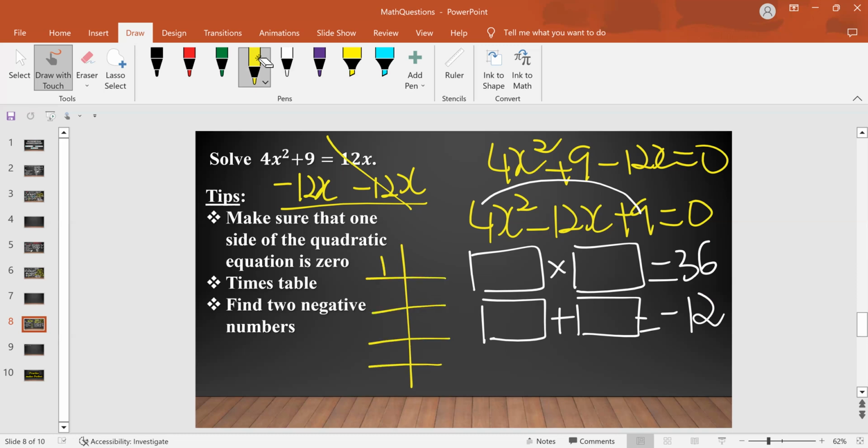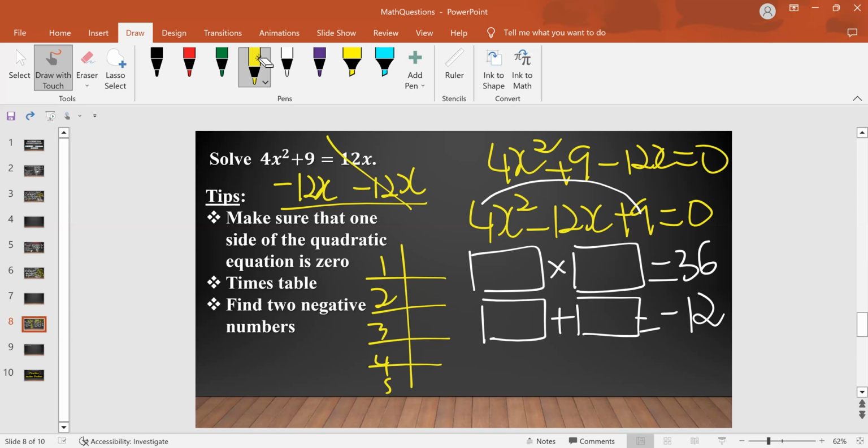So 1, 2, 3, 4, 5. Okay. We'll try to see what number multiplied by 1 gives you 36. We said that we need to find two negative numbers. Yes, two negative numbers, because when you multiply two numbers you get positive, and the sum gives you a negative result, which means the